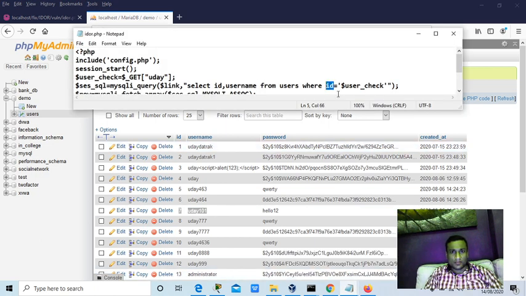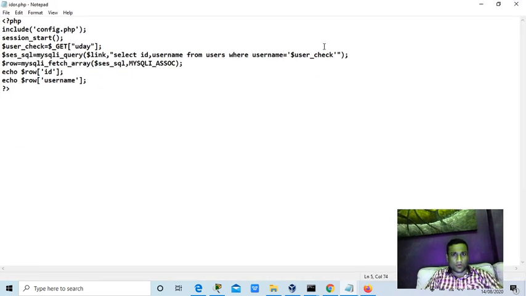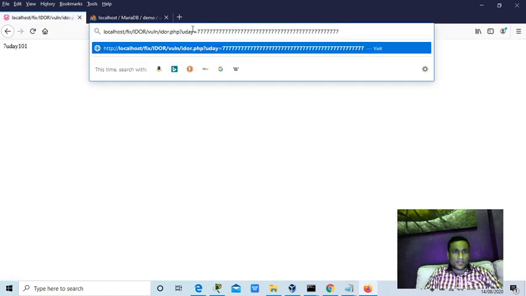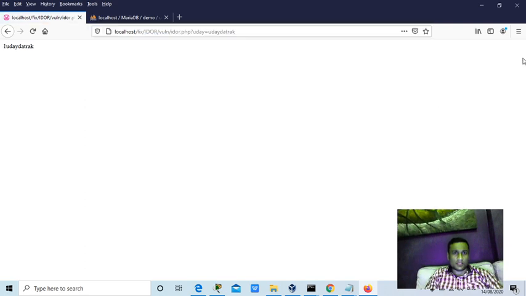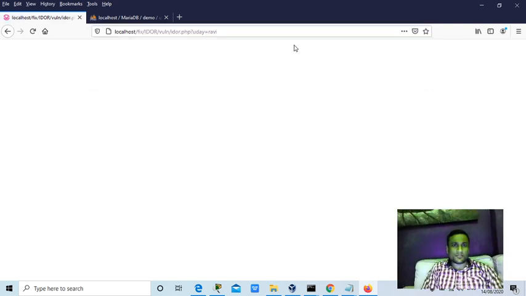Instead of ID, that is this integer based IDOR, integer based insecure direct object reference, now here I'll change this piece of code. Pause the video, guys, and copy the code if you want to work on that. Now it is username based. Sometimes it will be like this, guys: if it is showing Uday Datrak's details, people will change it to Uday, Ravi, and see which usernames are valid on the server.